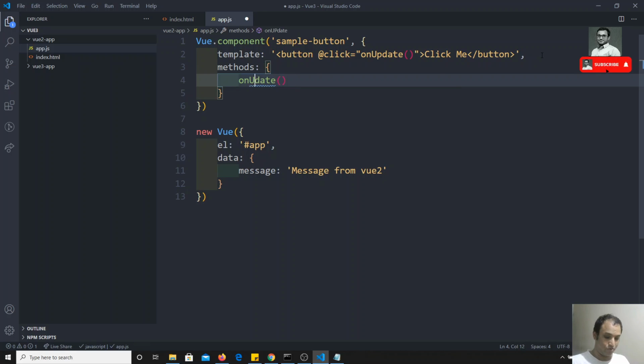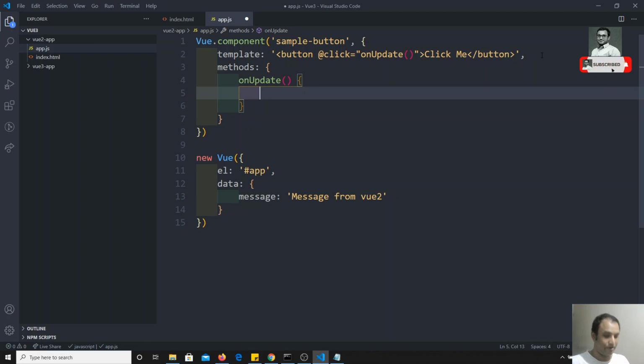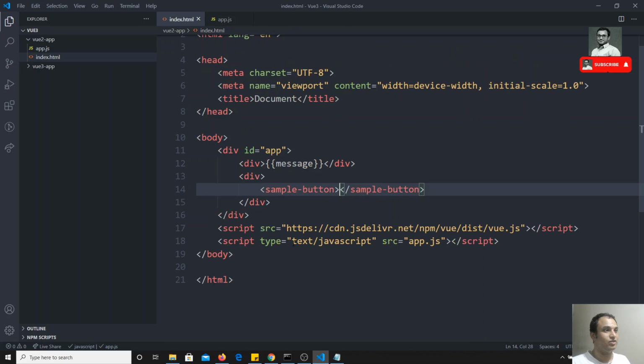If you have knowledge of Vue.js, you will be able to understand all this. In onUpdate, I will write this.$emit('update'), so I invoke the method through the emit. Whenever we get this, we can write here @update equal to onChangeMessage, or whatever method you want.